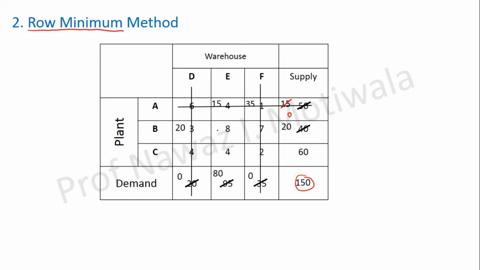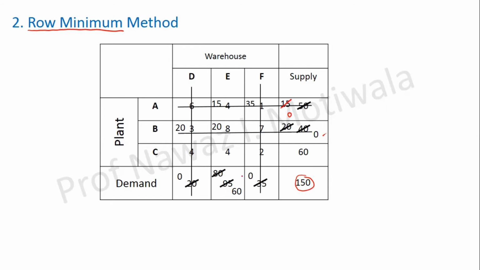Now two entries remain, 8 and 4. Now where to allocate? 8 or 4? 8. Yes. Students make the mistake here only. They see 8 and 4, they see the minimum number 4 and they allocate there. But it is not like that. You have to go row wise. Because this row is available now, we have to check this row. ये बचा है तो हमको इसी को allocate करना है. 20 and 80, how much to allocate? 20. So 20 is allocated here. Counter effects: this 20 will become 0 and this 80 will become 60. And because this row has become 0, this row will be cancelled.